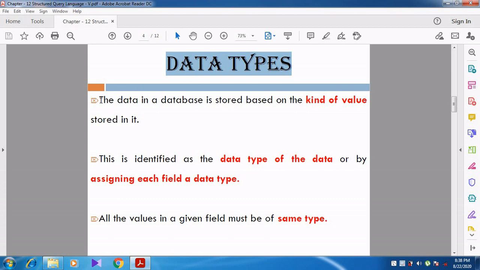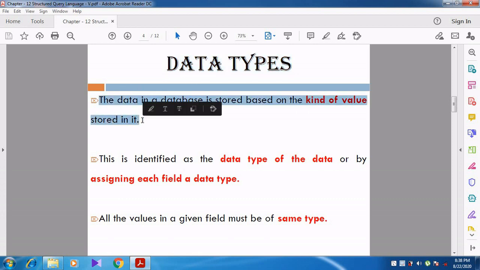See here, the data in the database is stored based on the kind of value stored in it. The user is going to give some data, and based on the value we are going to store, each value will be different.